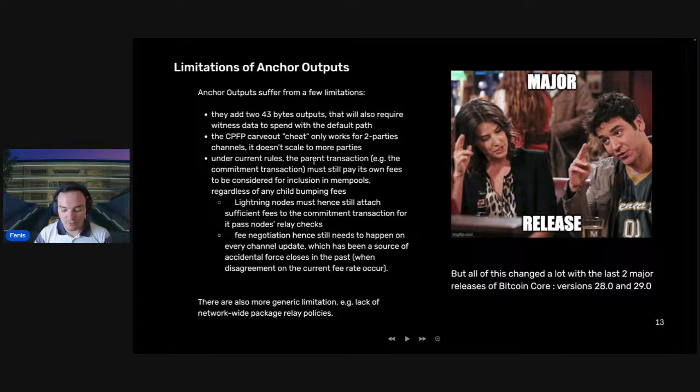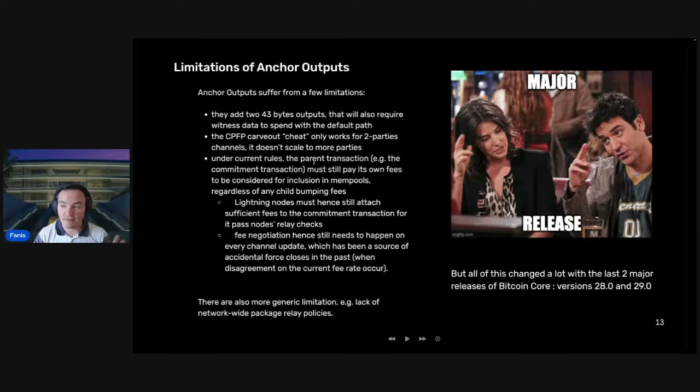This means that when you create the commitment transaction, which is anytime there is an update in the channel, you still need to find an agreement with your channel partner on what fees you want to commit to in this commitment transaction. And this is really something that we would like to be able to get rid of,